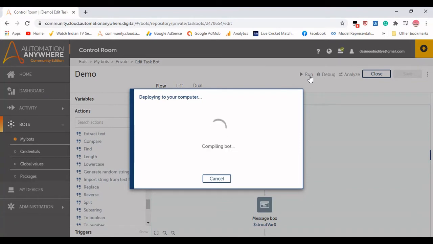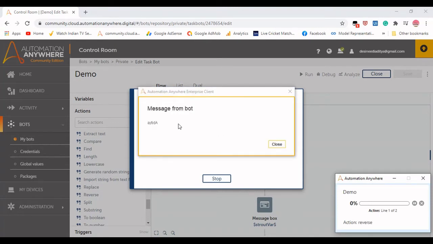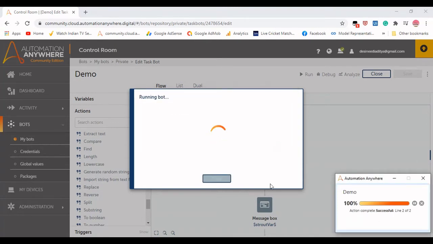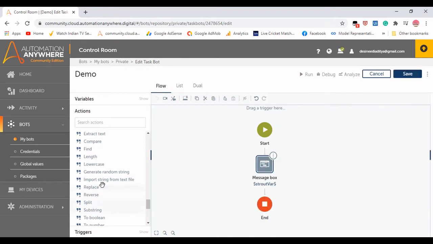If it is Aditya, then A Y T I D A. Let's see the output from here. You can see AYTIDA is the output, and it has successfully reversed the particular string. You just need to give a source string and then assign it to the variable.